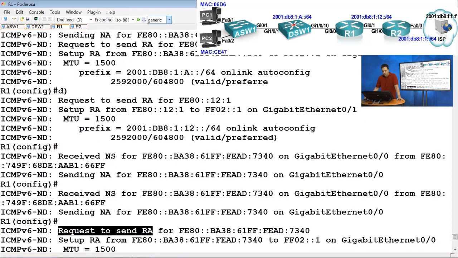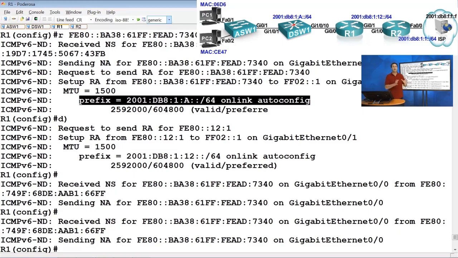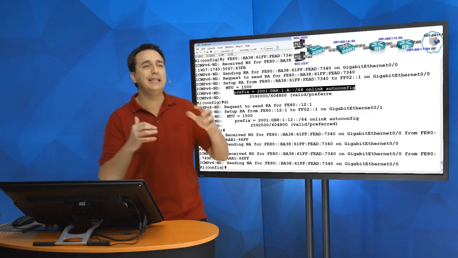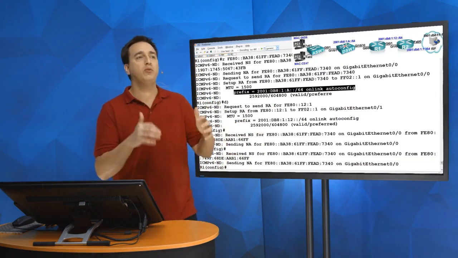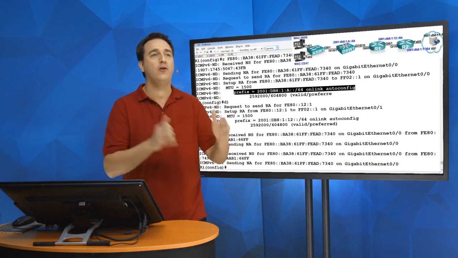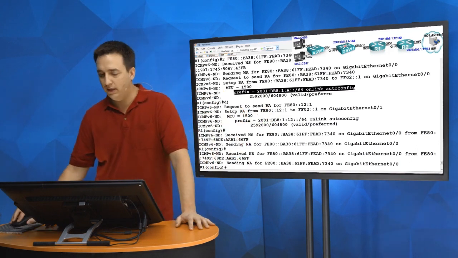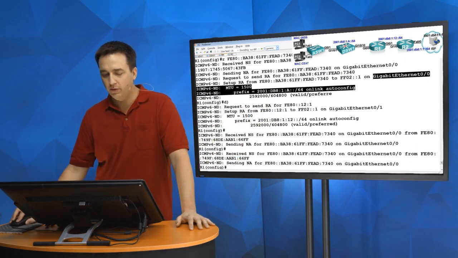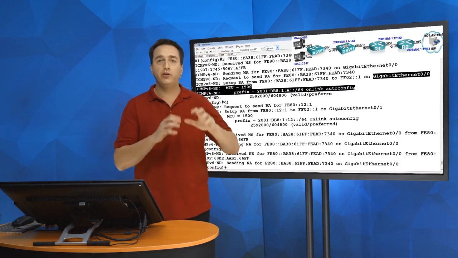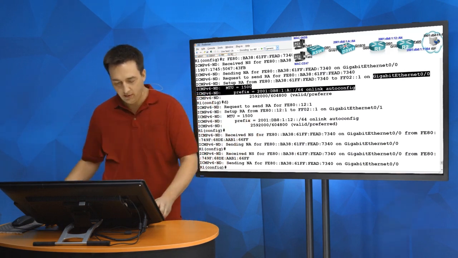But what I want you to see here is, let's look for the A double colon. There it is. There's an example of us sending that router advertisement. Hey, this is my prefix. My prefix is 2001:db8:1:a::/64. And we're sending that out our GigabitEthernet 0/0 interface. So now, what does the PC look like? The PC on the other end,